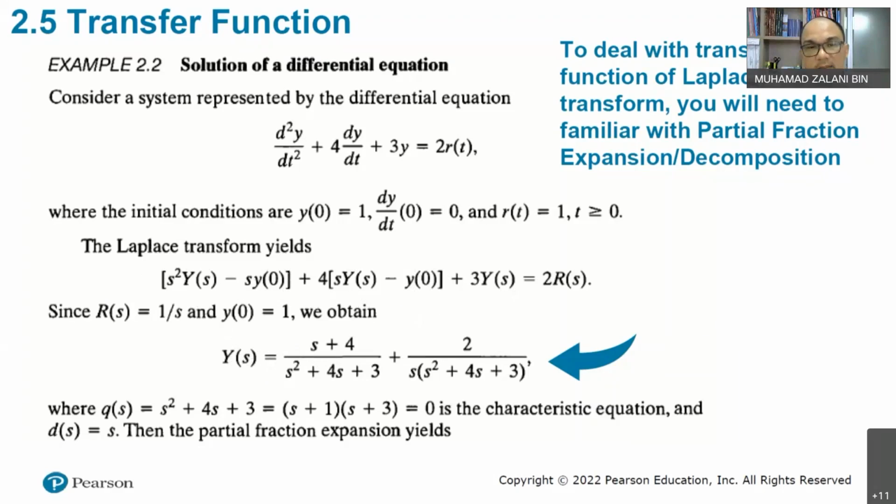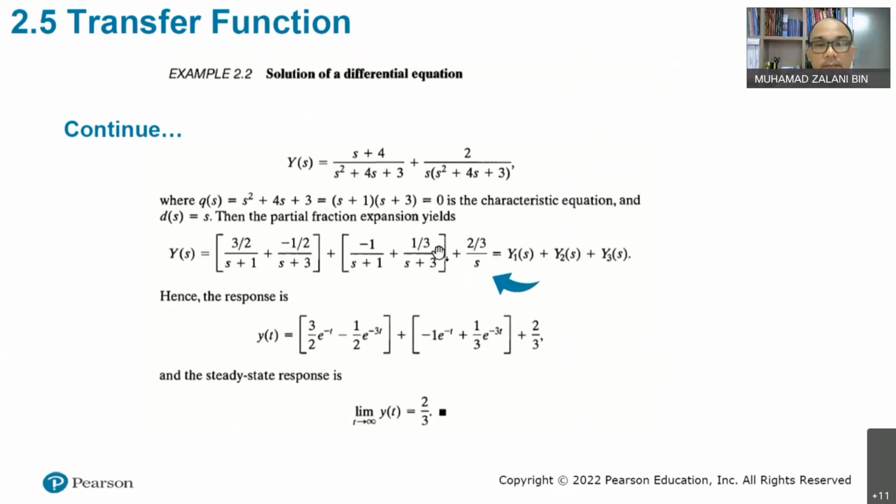Output as a function of S. So here we get Y(s) equals (s + 4) divided by (s squared + 4s + 3) plus 2 divided by s times (s squared + 4s + 3). So similar terms here for s squared + 4s + 3, similar to this one. Basically, for these two terms, we are going to transform it into this term,